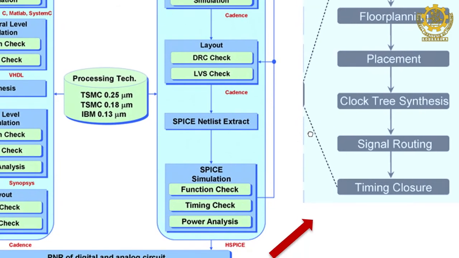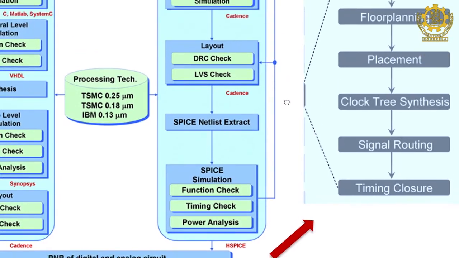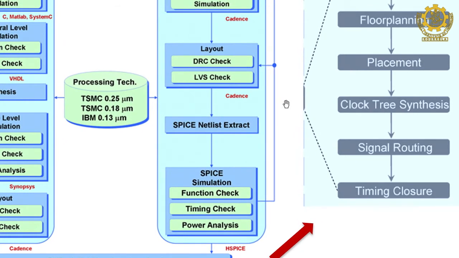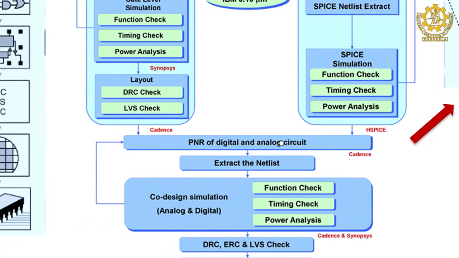So, once the layout is done, again we have to pass through DRC and LVS. Mostly here it is written SPICE netlist extraction. Okay. So, once you are doing the layout, another SPICE code will be extracted from it. There will be a tool called an extractor, which will extract the SPICE code out of the layout. After that is over, finally for that transistor you have to do functionality checking, that is, check whether the functionality is accurate or not. You also have to perform timing checking and power analysis. Certain tools with certain commands help us do this entire process.